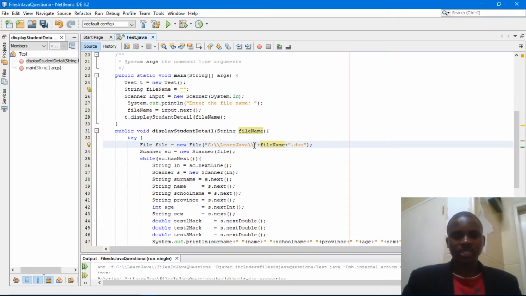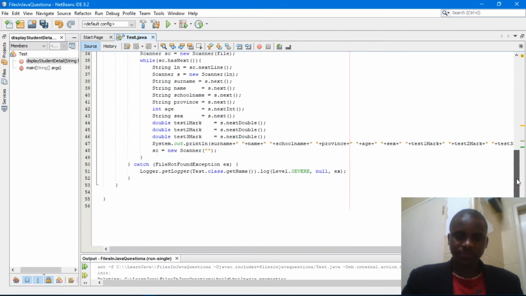Okay, so now let me also come here and remove this line, so that I want the code to execute this while loop until there is nothing in this scanner object.